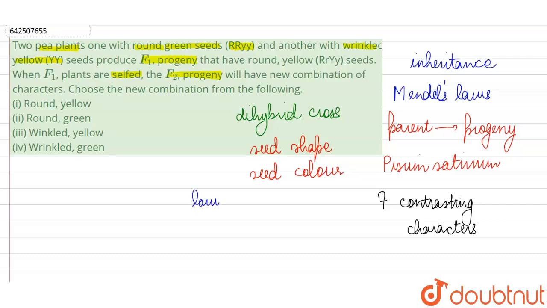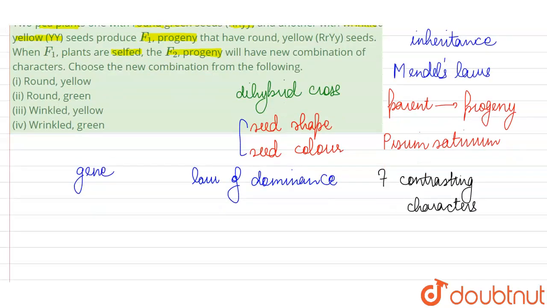And according to Mendel's law of dominance, what is going to be the mechanism of this inheritance? Whatever trait it is, both these traits are going to be under the control of their own particular gene. And according to the law of dominance, this gene is going to have two alternative forms or two alleles, out of which the dominant one is always going to express itself, while the recessive one is not able to express in the presence of the dominant allele.